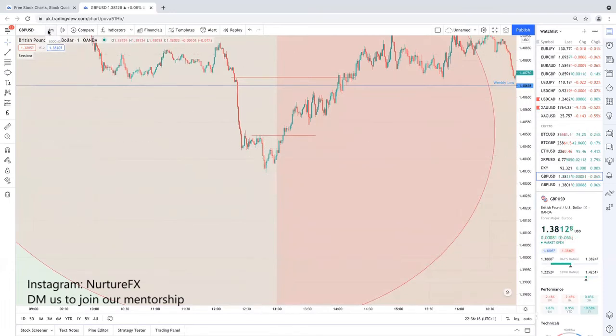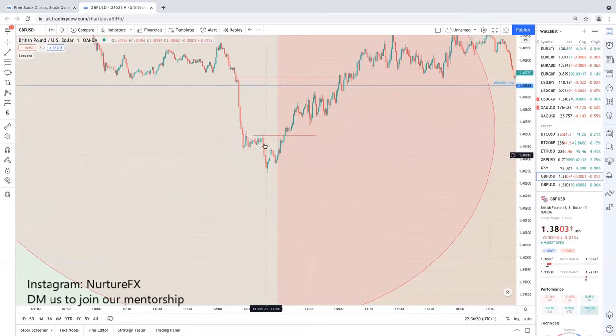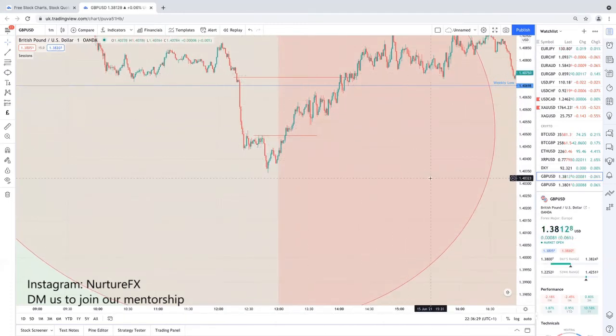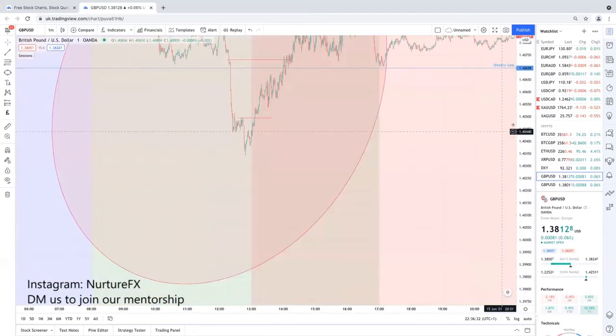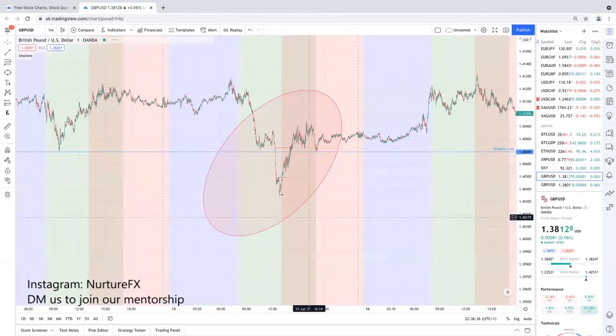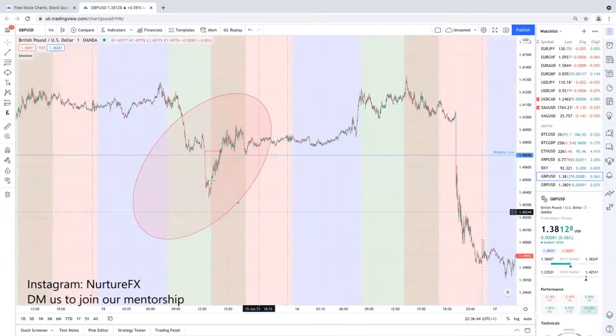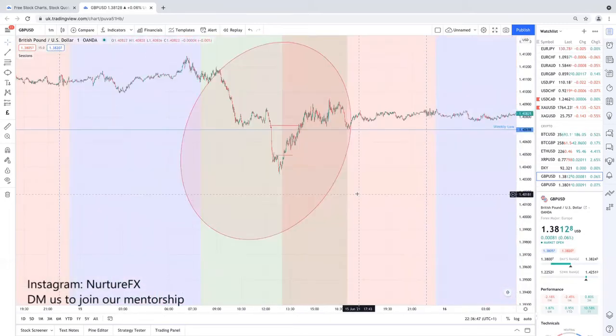If you're to go down to the second ones right here, there'll be some sort of candles right here, buy candles right here. So you've got different highs here. Now if you see here, it comes along this line, it goes up here, and obviously we know we're in a Wyckoff schematic, and this is why it pushed down so heavily. So what you would have been looking for here